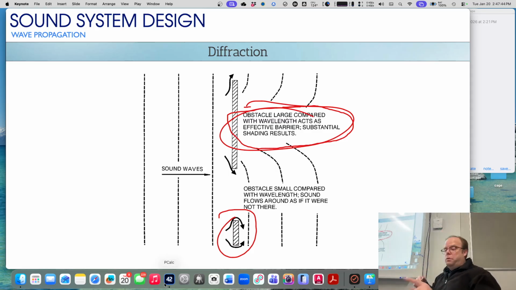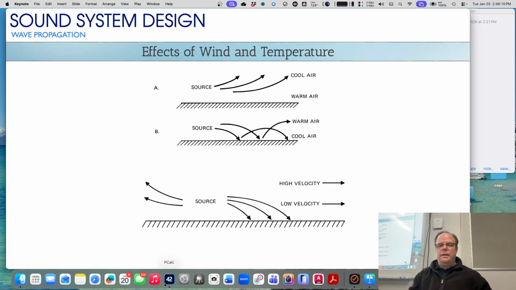But a lot of people who don't understand this concept will tell you, oh, the drums are too loud out in the house, let's put a drum shield on there. And then they're surprised when it doesn't make a difference. Okay. All right. Anyway, any more questions about this concept of diffraction? These are just some rules of thumb to keep in mind. Okay. All right, next thing is,